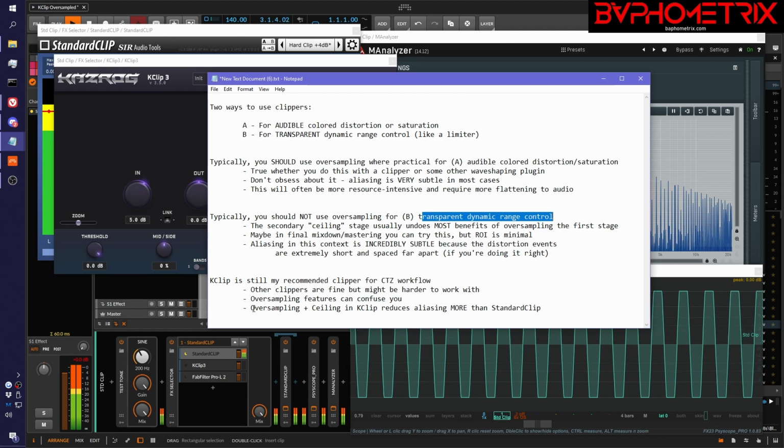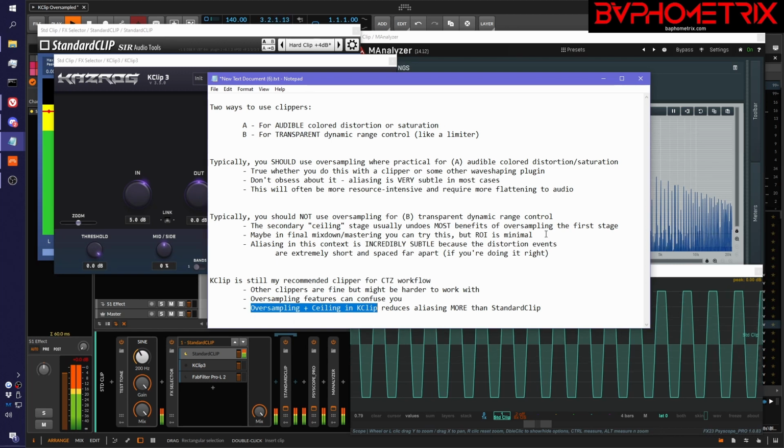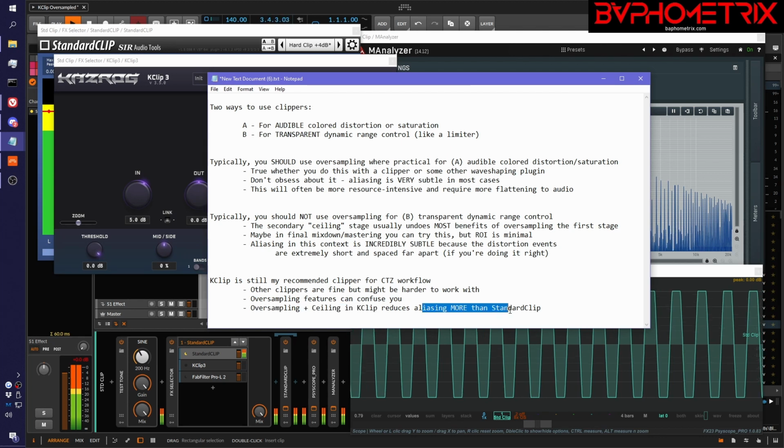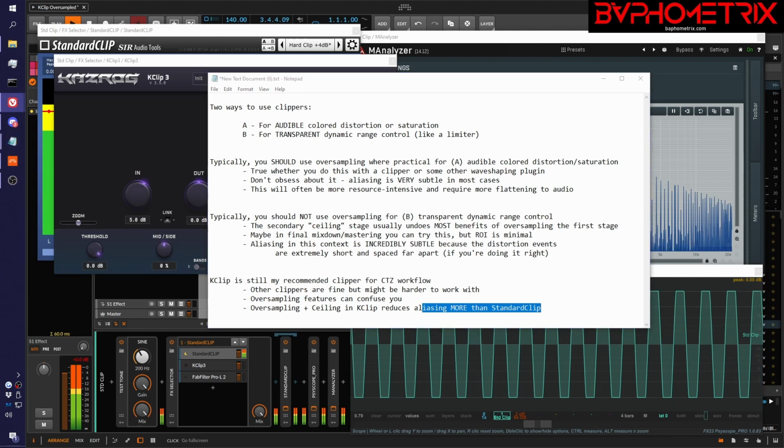And then finally, I'm going to demonstrate how the oversampling plus the kind of hard ceiling you have to have for this second use case of dynamic range control, oversampling plus the ceiling in KClip, actually will reduce the aliasing slightly more than the other big clipper out there that people really like, which is called Standard Clip. So I'm going to demonstrate that. And I think I'm going to start out by saying some of you may be really familiar with